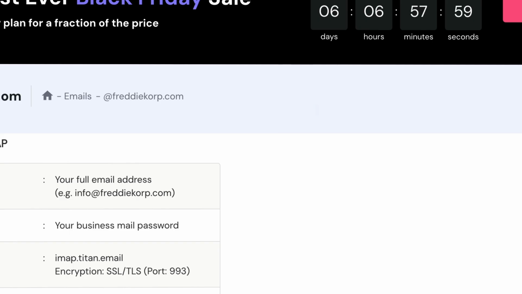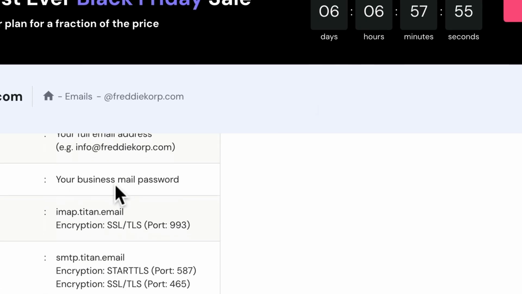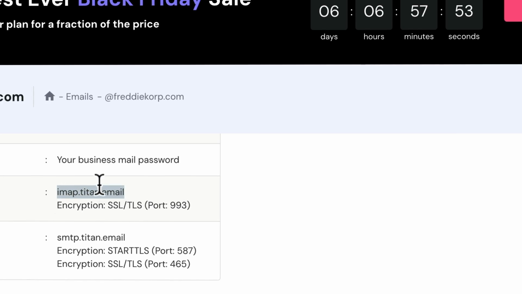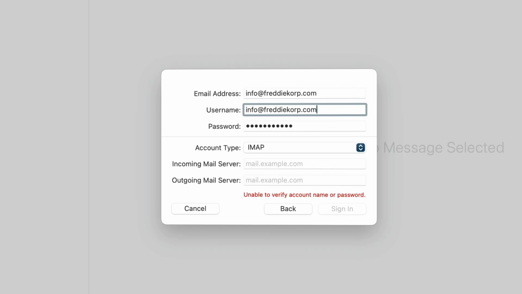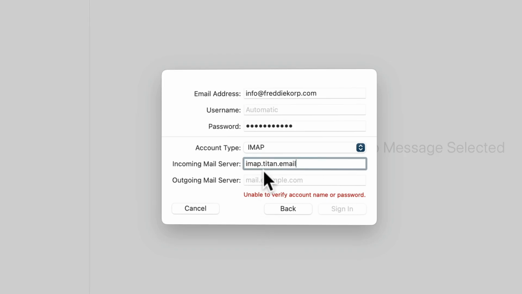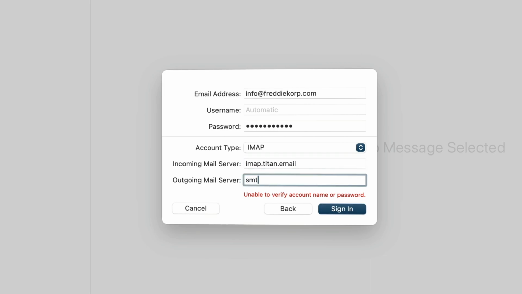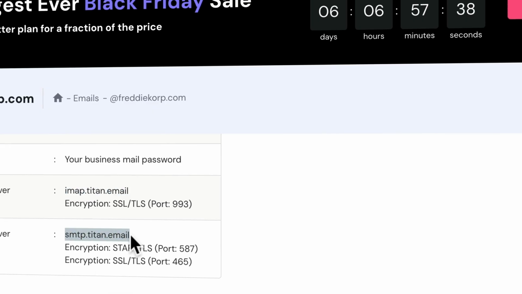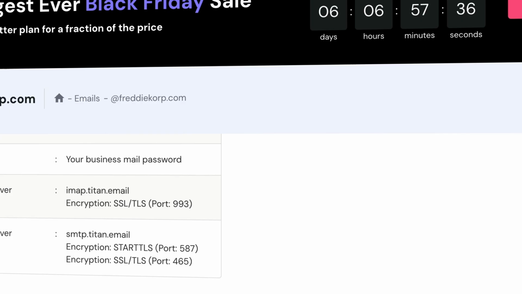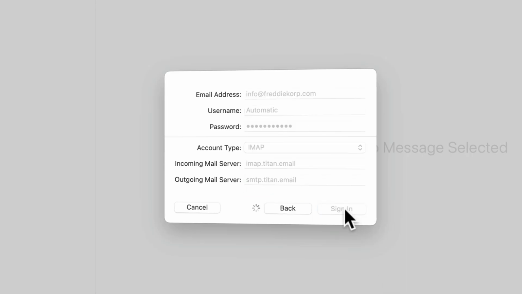Then I go back to the Hostinger panel and I go for my incoming server, imap.titan.email. I paste it here. And the other one is smtp.titan.email. SMTP, double check. Yes. I click on sign in and now my emails should appear over here.